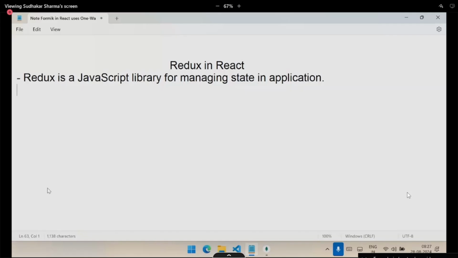Redux is a JavaScript library for managing state in an application. Actually, you can use it in every JavaScript-based technology. Generally people try to relate it only with React, but it is a general JavaScript library. We can use it anywhere. Angular also uses Redux. That means anywhere we need state management at a higher level, this is best. And what is special about this is that it is